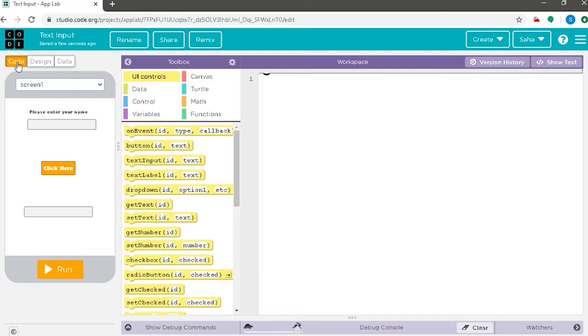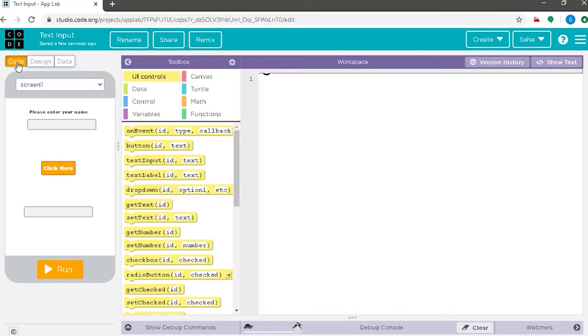Basically, we shall be giving them features and characteristics in the code mode. So, we shall now begin creating the code where each of these input boxes, buttons and the labels shall function.